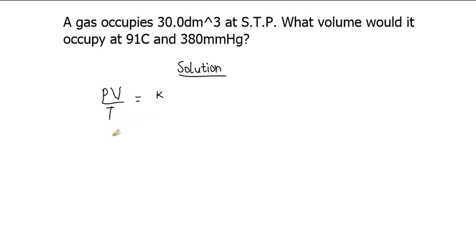So we are now asked to calculate the volume at a given temperature and pressure. So here we'll be making use of the equation P1V1 over T1 equals P2V2 over